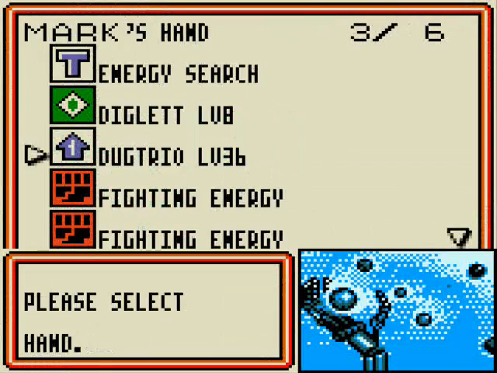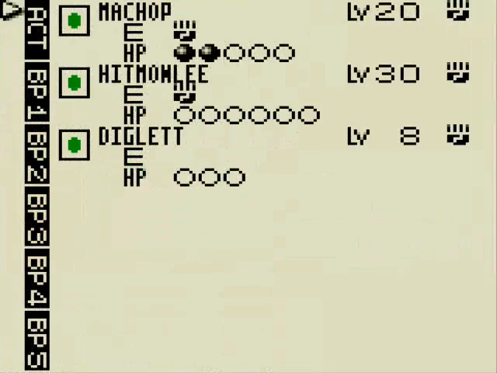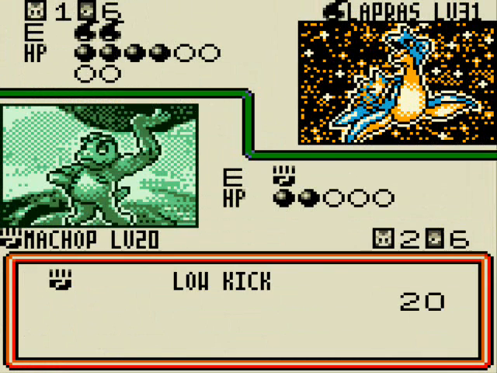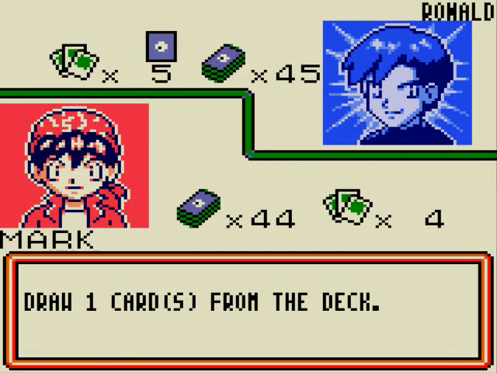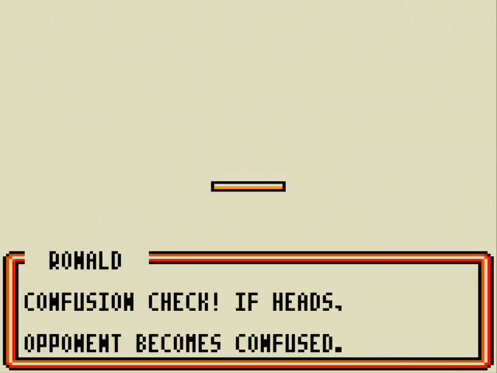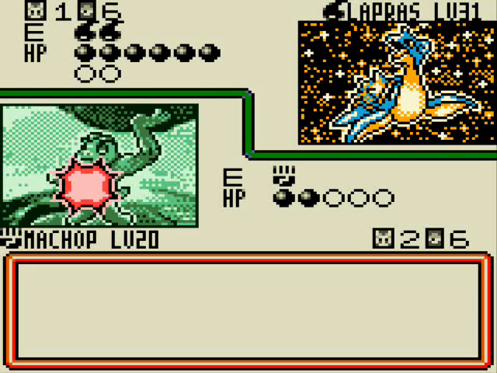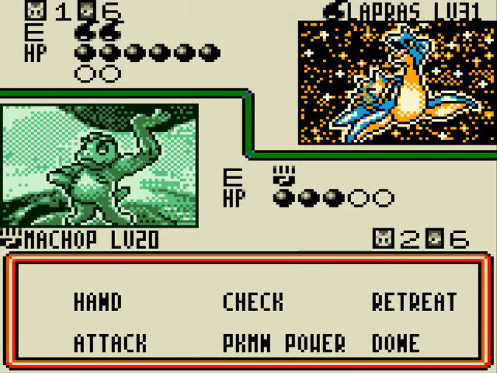Ooh, Diglett and Dugtrio. Wouldn't hurt to get that ready. So I'm actually going to get that ready. Alright, unless it confuses me, I can knock this thing out. Okay, good. It's not going to confuse me for once. The coin tosses are in my favor. But